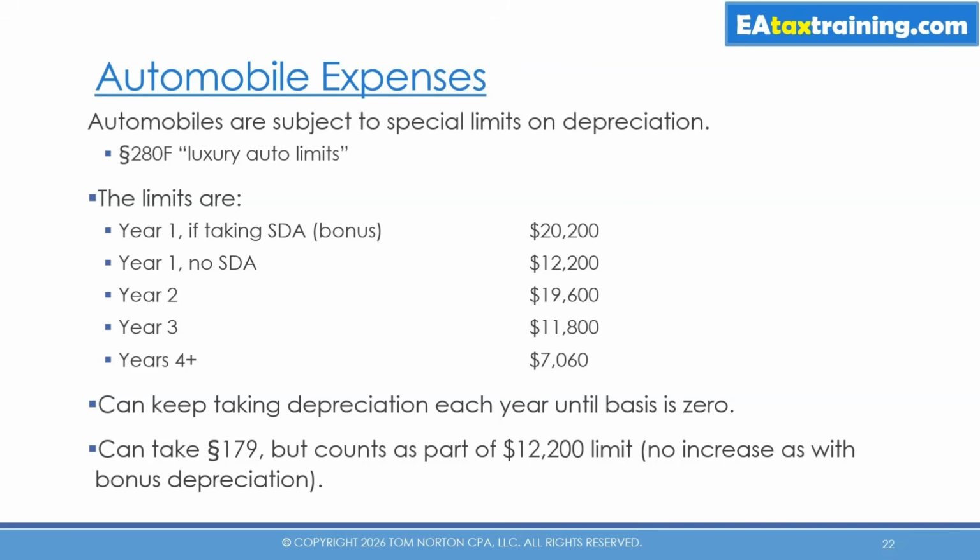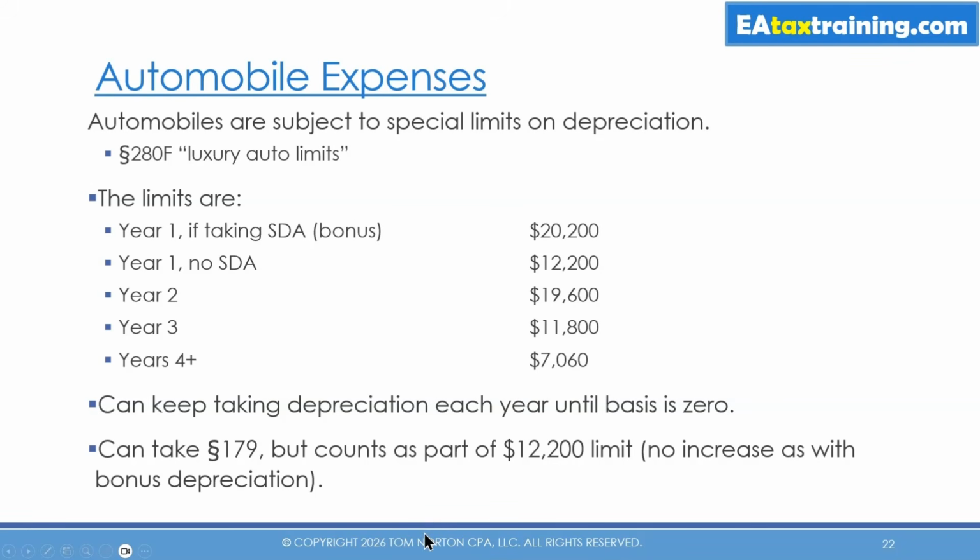Now you can keep taking depreciation each year until you have fully depreciated the vehicle. So we're going to see in the next slide, automobiles are 5-year property. But because you have annual limits, when you get to the end of 5 or 6 years, you may not have actually depreciated the whole vehicle. So what this is saying is you can keep on going. You can go year 6, year 7, year 8. The maximum you can take each year is going to be $7,060,